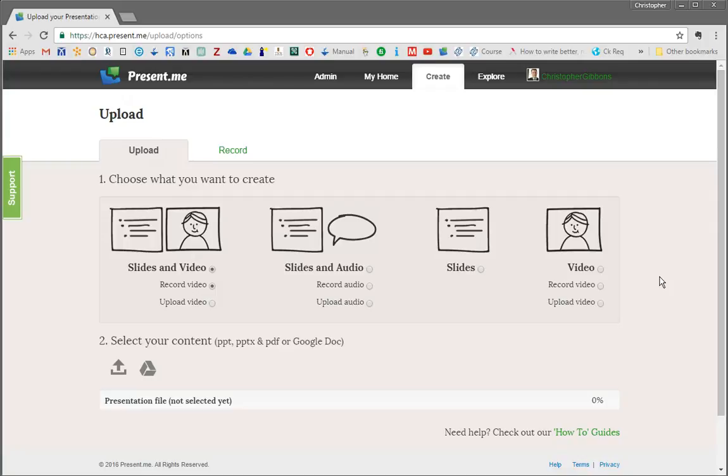Okay, so once you've clicked on, you're going to start a new PresentMe, you're going to be given these choices of what to do. And in almost all cases, you are going to want to leave it as the default, which is slides and video. That means you will be on camera. There is an option for slides and audio, but the instructor may take off points for that. We do want to see you talking, so unfortunately,